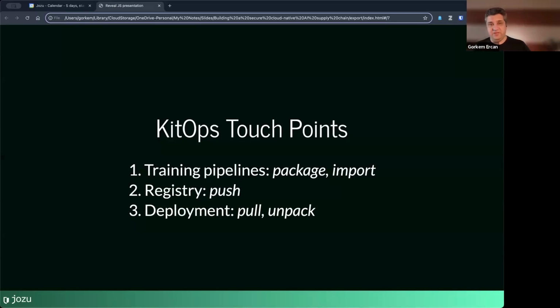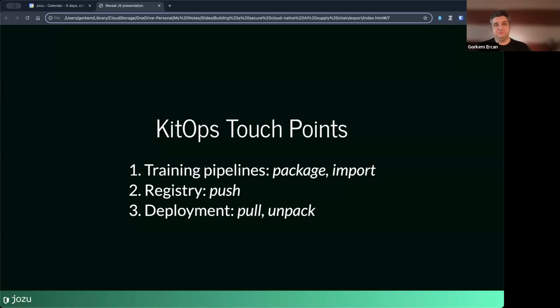Where do you store these artifacts in a secure, immutable way? That's your registry, essentially your Docker container registry. It can be ECR, it can be Google, we have one in Jozo.ml. So that's when you do the push.